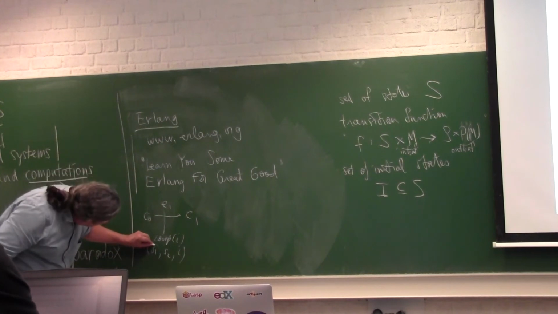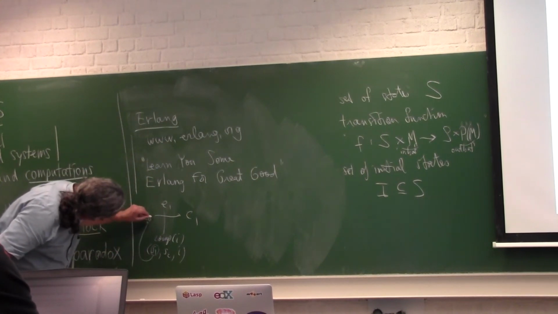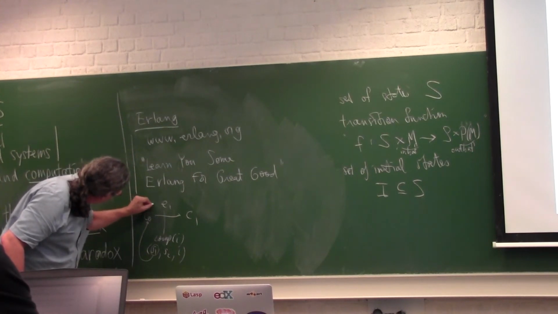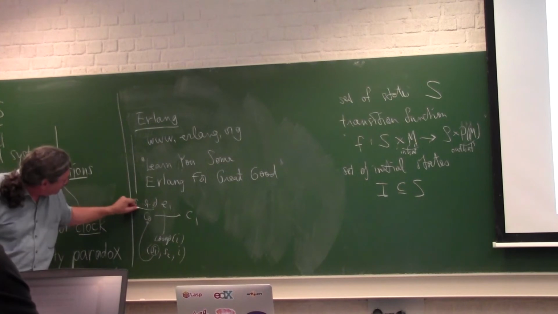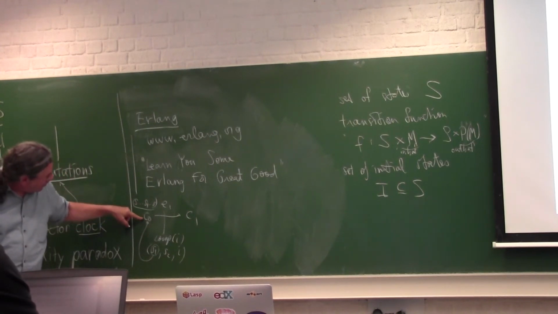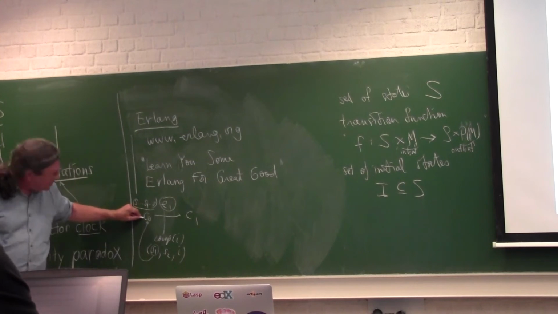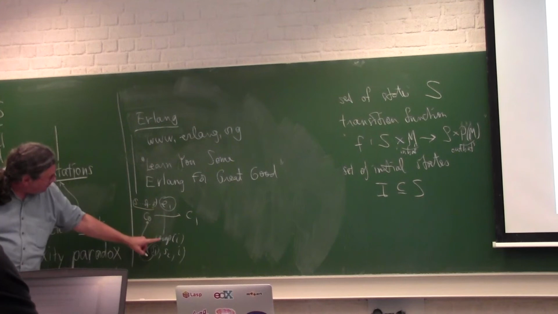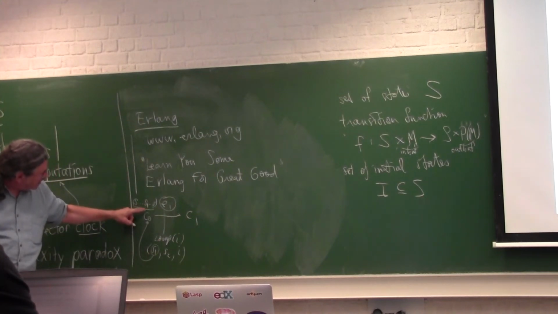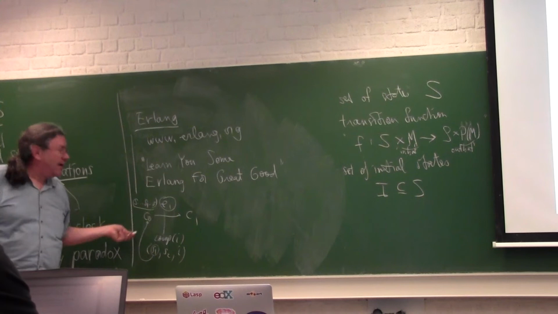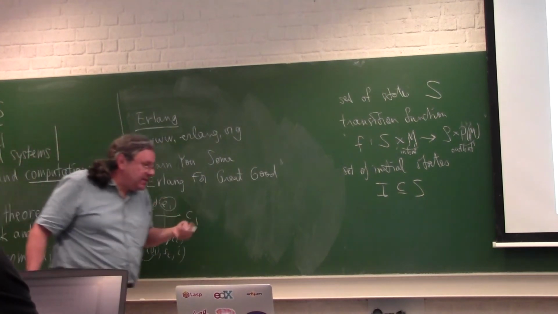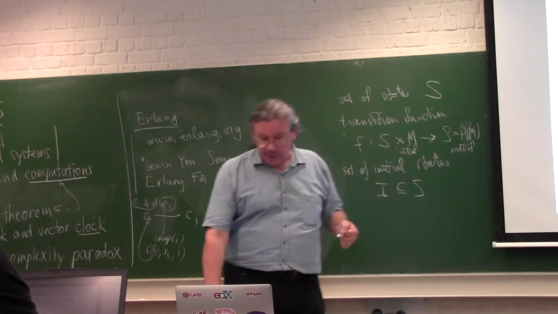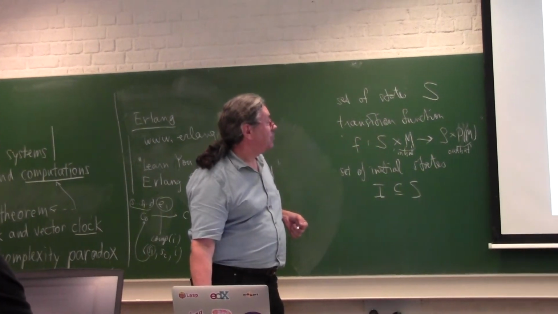All that means is that the S1 is actually the same state. This is actually the states of all the nodes. The C is actually a vector of the states of all the nodes. When this event works on this configuration, of course, the state S1 of this comp has to be the same as the state S1 in the configuration. Otherwise, it doesn't work. It has to fit. So that's something we say it's applicable. Okay. So of course, it has to start with the state that's in the configuration.